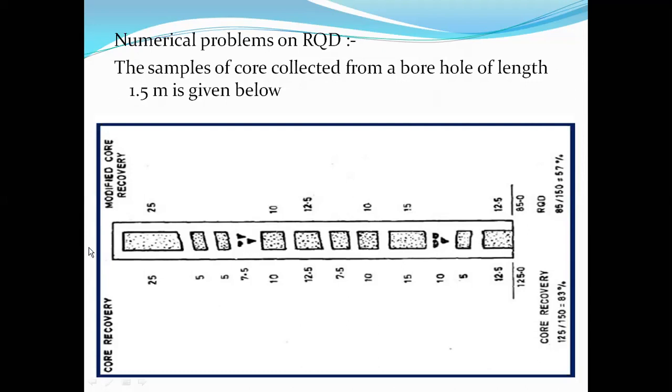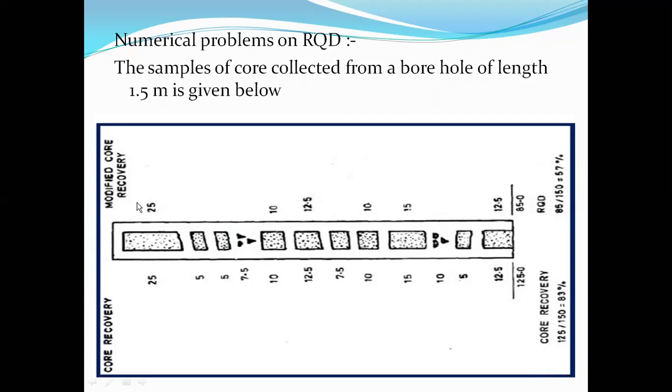Something was not mentioned, even though the total length is 1.5 meters. If I combine everything, see, this piece is of 10 centimeter length, but it is crushed. The diagram shows it is a crushed one. They're not taking it into account, right? So we won't be taking it into account for RQD. But in case of core recovery, yes, we'll be taking these things into account, except the powdered or the crushed part of it. Those things get eliminated while computing the core recovery. So this is the difference.